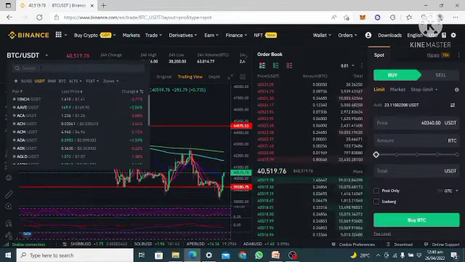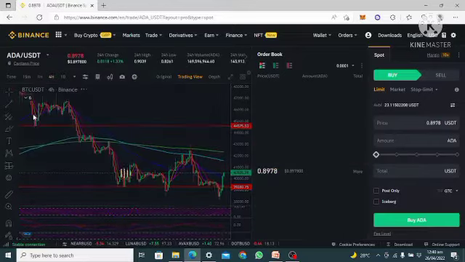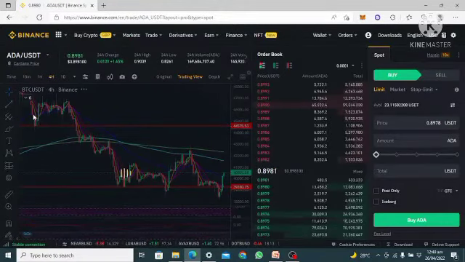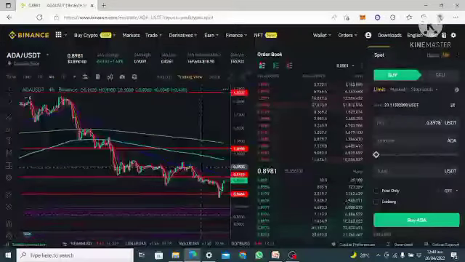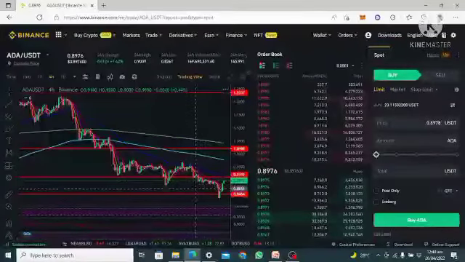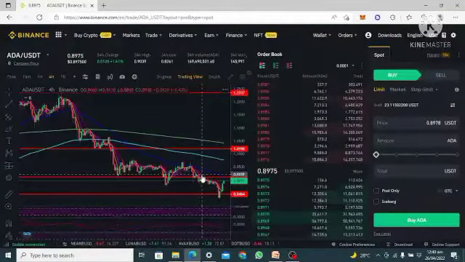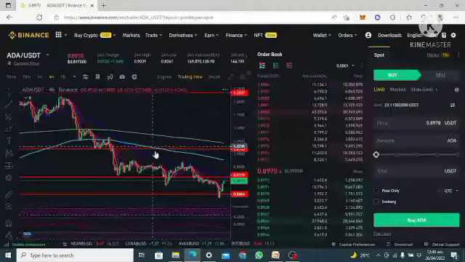But let's say I'm looking for Cardano, which is ADA. You can see the pair, which is ADA/USDT, and this is what I'm looking for. You click on it and give it a little bit of time to load up. So we can see it has loaded up now. So what is next? At this particular point, you say, okay, this is the asset.